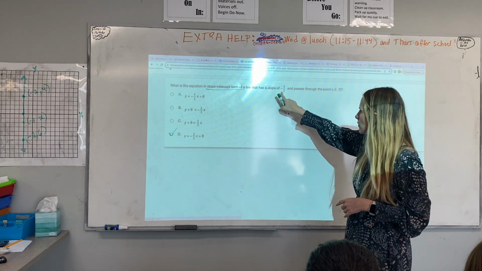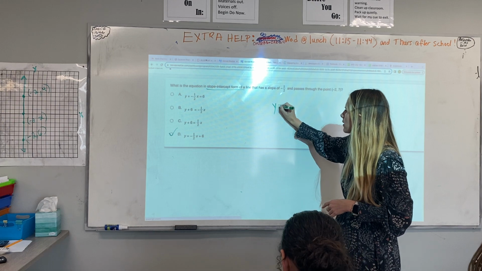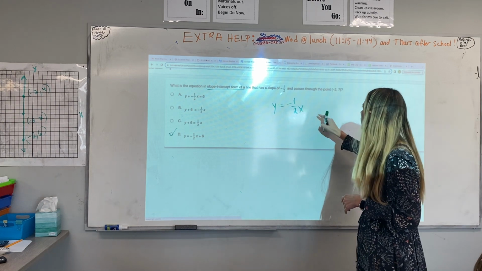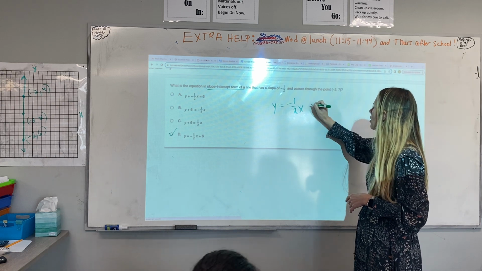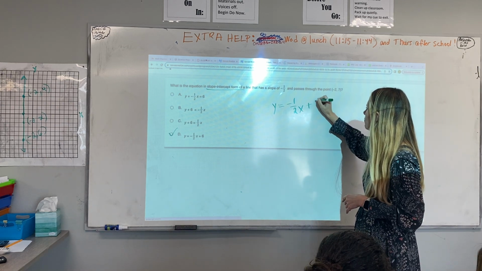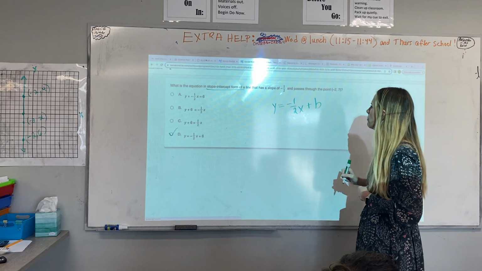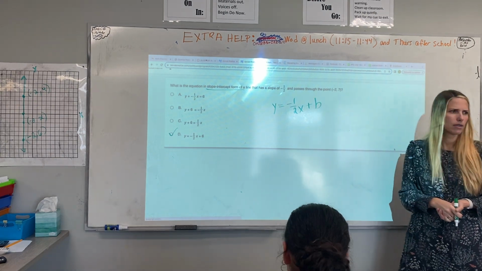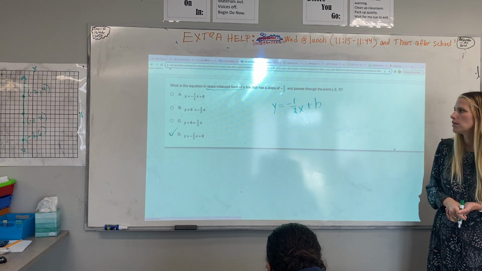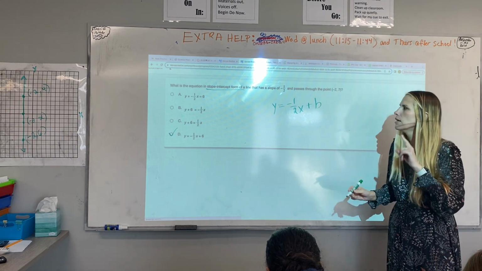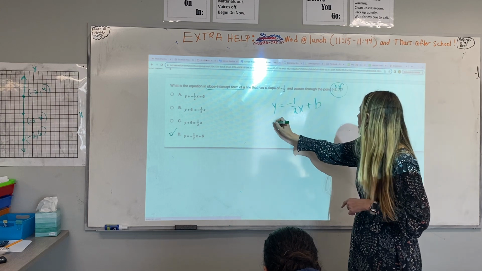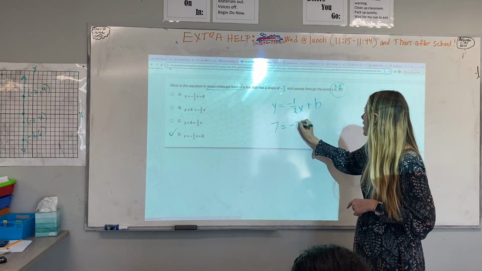So, it has a slope. Y equals -1/2 x plus b, and it passes through the point -2, 7. What do we do? Plug in the coordinates for the x and y values. Plug them in for x and y, and we get 7 equals